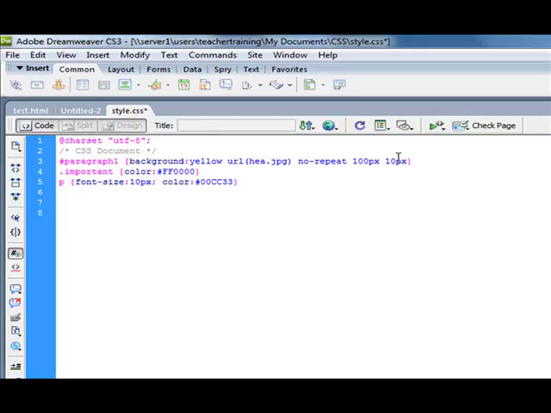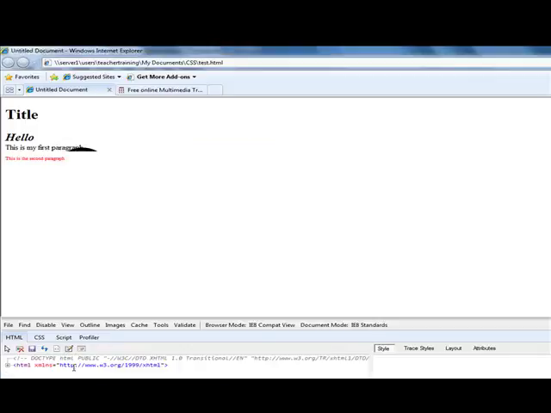If we don't want to define any of these attributes, then that's fine, we just leave it out. But it has to be in this order. So for example, if we didn't want the background to be yellow, we just delete this yellow style information here. So let's save that and refresh,